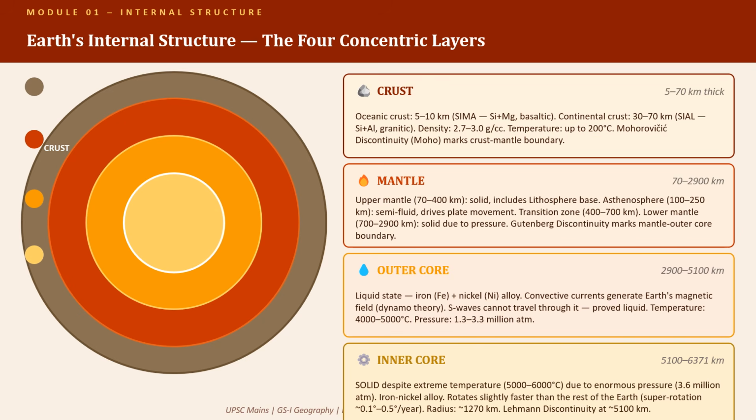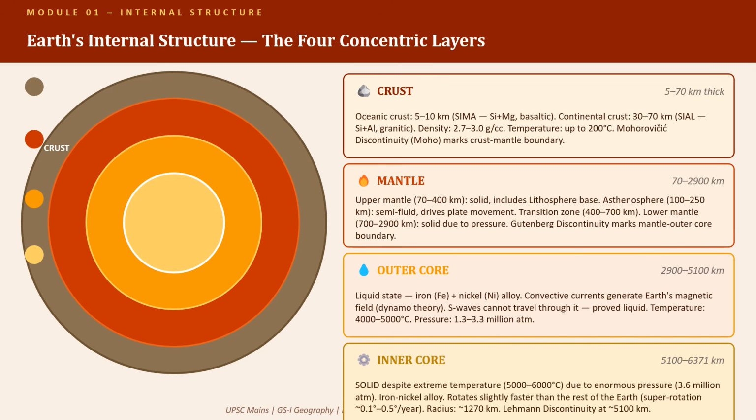The fact that S waves stop here is the proof that the outer core is liquid. And finally, at 5,100 kilometers, we cross the Lehmann discontinuity and reach the inner core. Despite a temperature of 5,000 to 6,000 degrees Celsius, hotter than the surface of the sun, the inner core is solid. Why? Because the pressure here is 3.6 million atmospheres, so enormous that the atoms cannot move freely even at